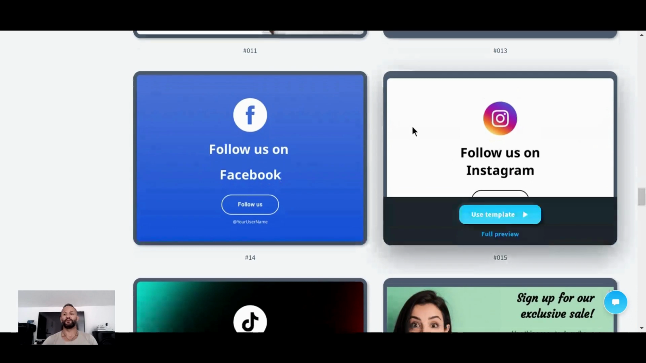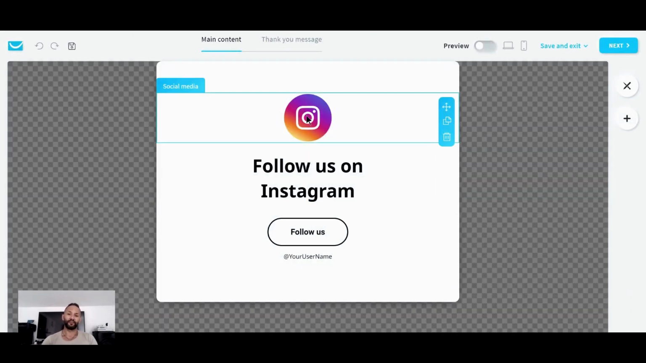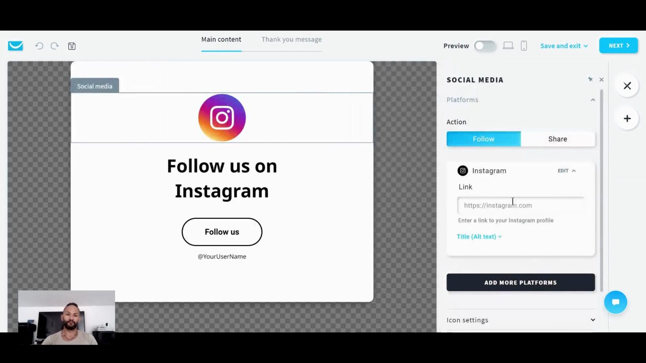If you want to encourage people to follow you on Instagram, you can use this form. It's very easy. The only thing that you have to do is put your Instagram link here,